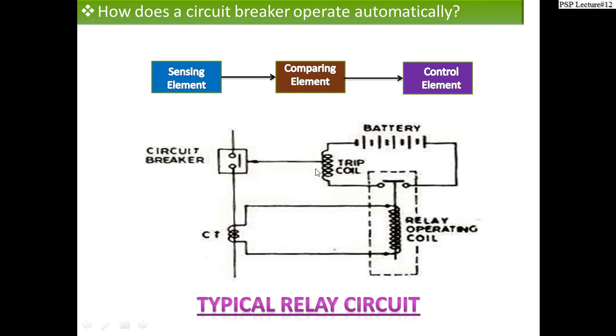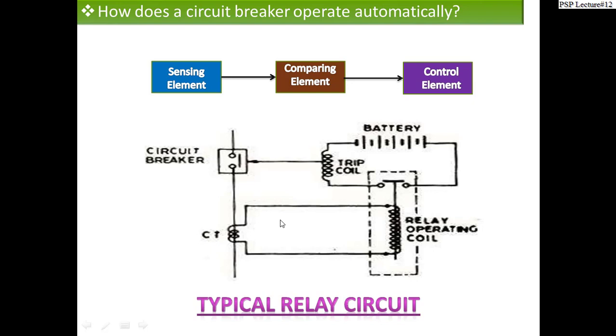That trip coil is not energized unless this switch is closed, which is actually the contact of the relay. Under the action of this electromagnetic force, it is pulled down, and the battery circuit is completed. The trip circuit is energized and applies a lot of electromagnetic force, and it pulls the plunger of this circuit breaker to open the circuit. This figure just shows how the total action of the opening of the circuit breaker is completed.